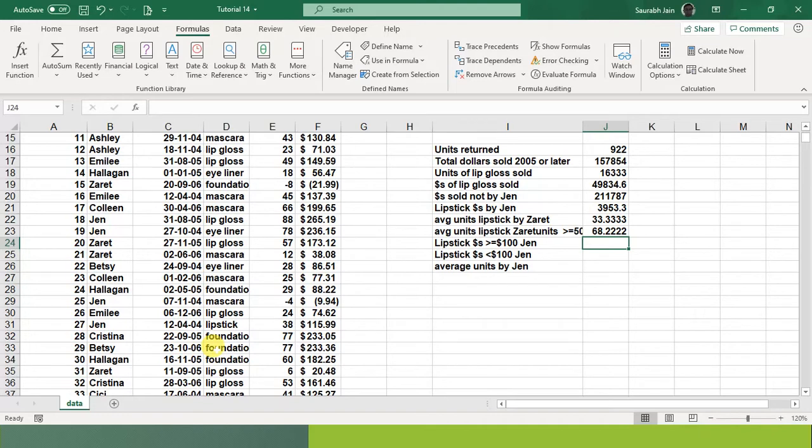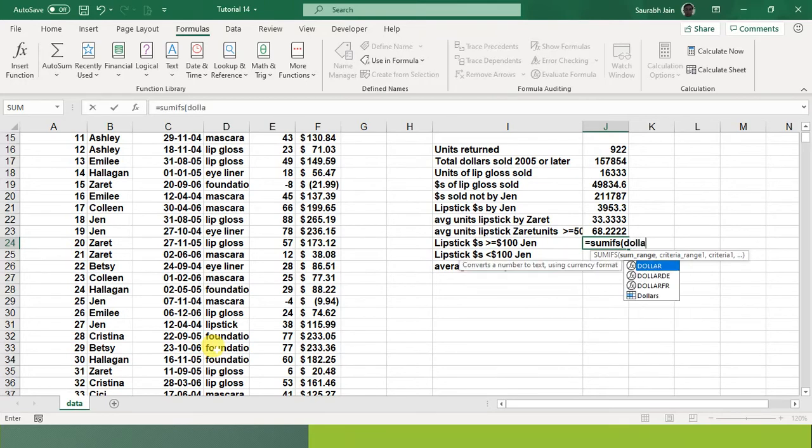Now there's another one, lipsticks. I have to sum all the dollars of the product lipstick which are greater than 100 and done by Jen. So again, this is a multiple criteria. I don't think there's much of an issue. So equals SUMIFS, bracket open. We have to sum the dollars. This is fine. Comma. What I have to apply is product lipstick.